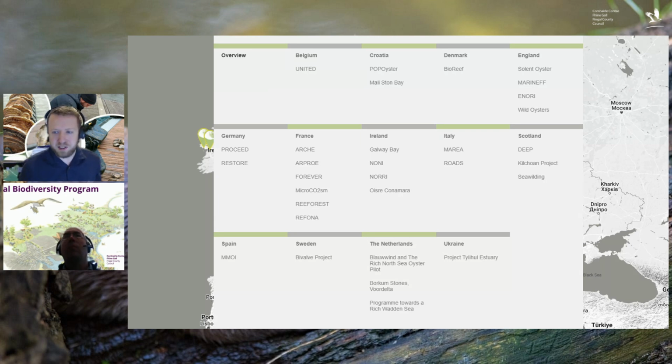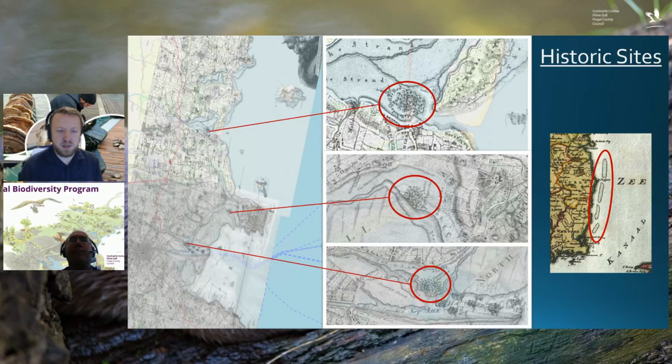And so what we're really doing is reintroducing oysters to some of the native historic habitats. So we had to first find where oysters used to occur, and luckily city councils have these very handy maps that you can overlay. So these are some maps from the 1970s, even as far back as the 1560s actually, of what Ireland maps used to look like overlaid with the current one. And you can see that there are prominent oyster beds that are shown there in Malahide, just there in Clontarf and off of Sutton as well.